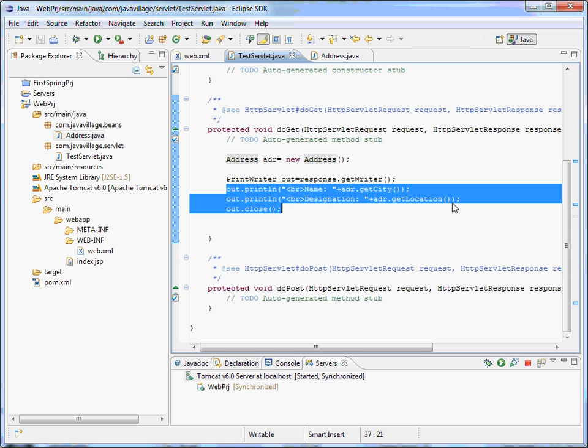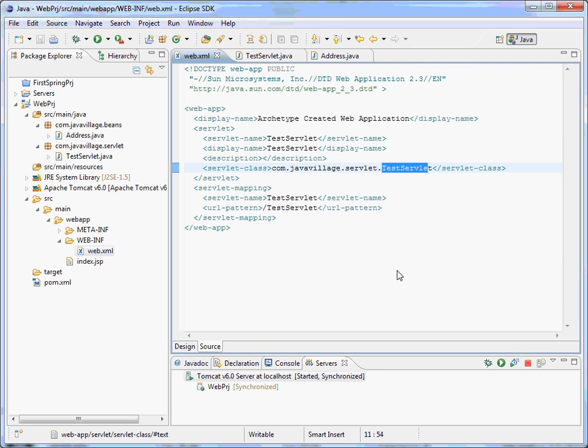So what is next? For execution we require a servlet class, but how do we execute that servlet class? Generally, a servlet will be configured in web.xml, and we'll see how the configuration is done for a servlet.